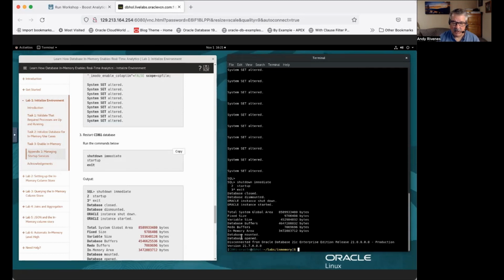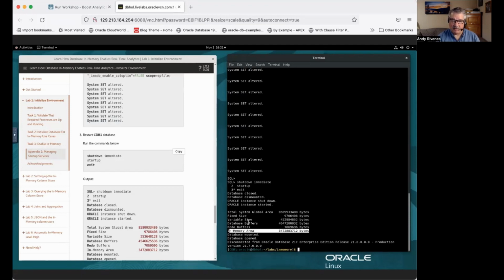So then it opened up again. Remember, you see the in-memory area. We'll talk a little bit about that. So we allocated that. And this lab continues just like we did previously and what we've done in our hands-on labs. We're going to populate all the objects both in the column store and in the buffer cache in the keep pool, so that when you run your queries and the joins and aggregations, you're actually comparing